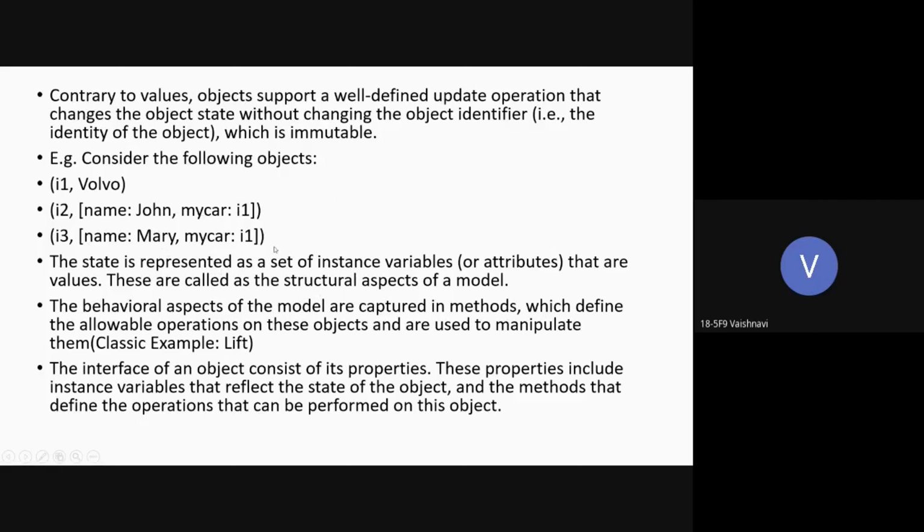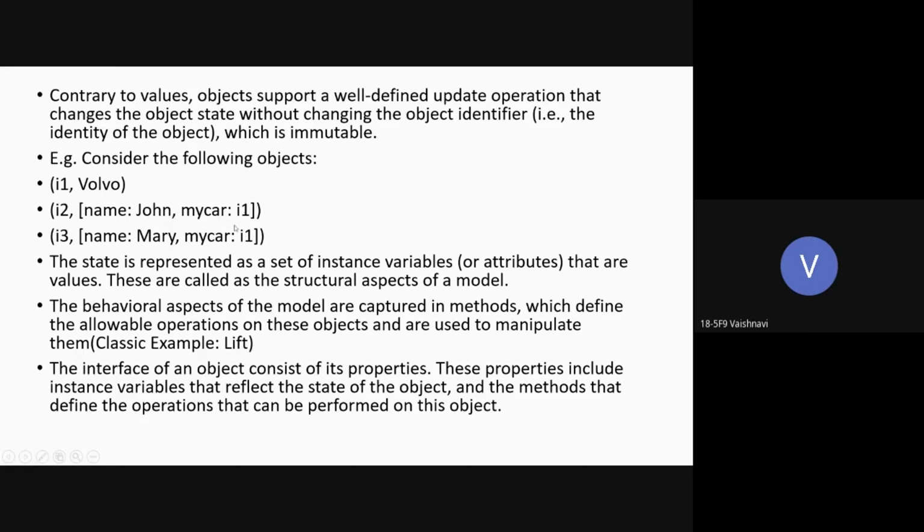Consider these values. In this we have the cars, I1, the first one, and its value, atomic value, Volvo. And then I2, we have a tuple constructed state, that is name and its separate individual value, John.